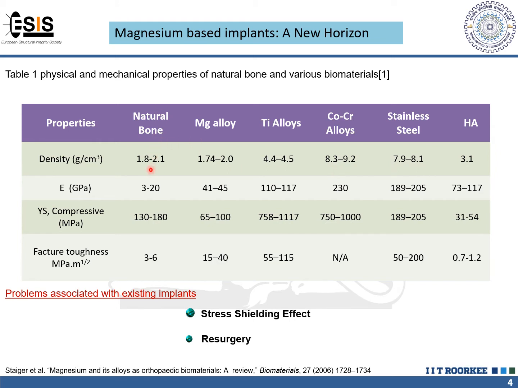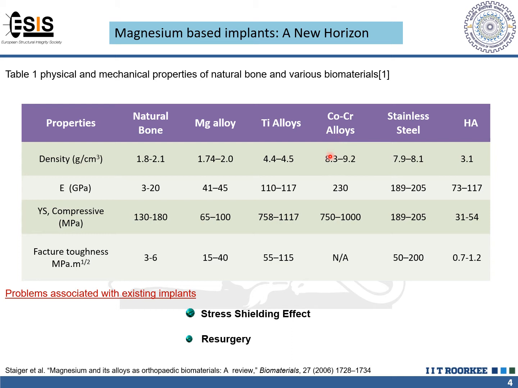So there is a big difference between the densities, and if we see the elastic modulus, there is a big difference in the elastic modulus as well. This non-similarity of the elastic modulus causes the stress shielding effect, which is a very serious effect and causes implant failure at the end stage. Apart from that, these currently available metallic implants are non-biodegradable in nature. So after the healing of the bone, we need to do a resurgery to take out the implants